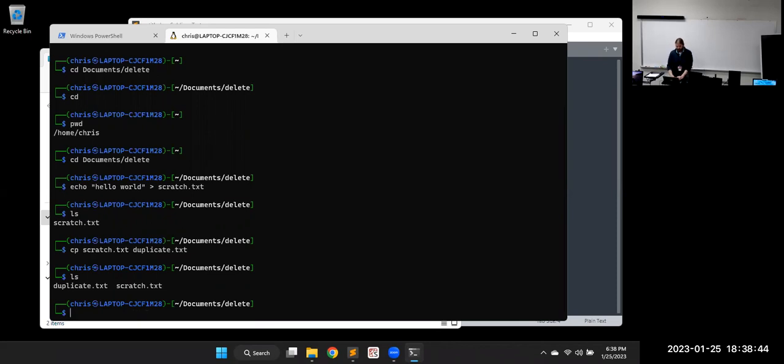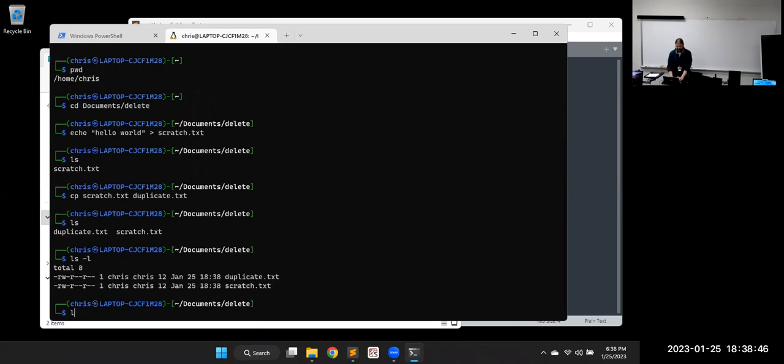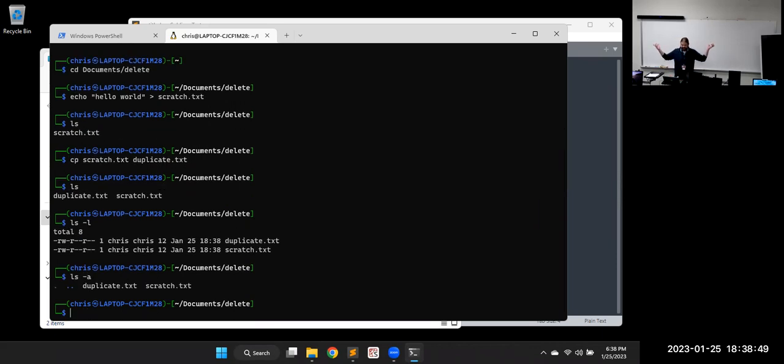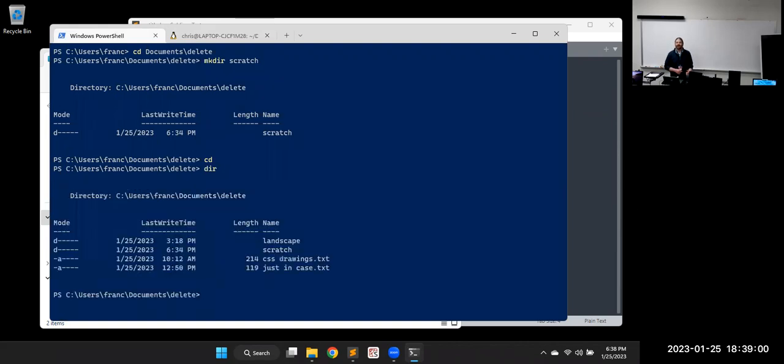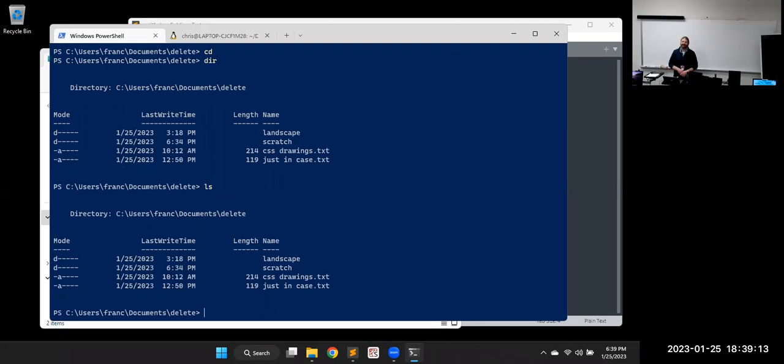Linux has some really nice options there. We have ls -l, ls -a, and we get different things. We get different levels of information about it. On Windows, if we want to see what's there, it's dir for directory, dir, list out, and we get all of the same information every time. However, one of the nice things about PowerShell, they included the old command prompt things. They also included a lot of Linux commands. So your most common Linux commands that aren't also command prompt commands, like ls, will also work here.